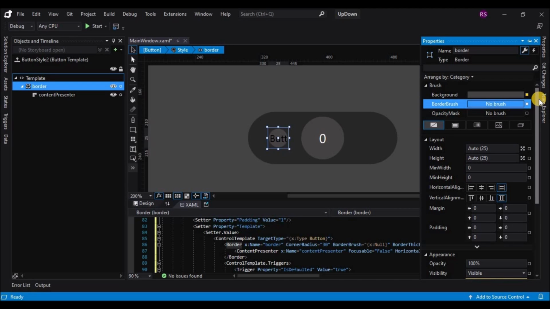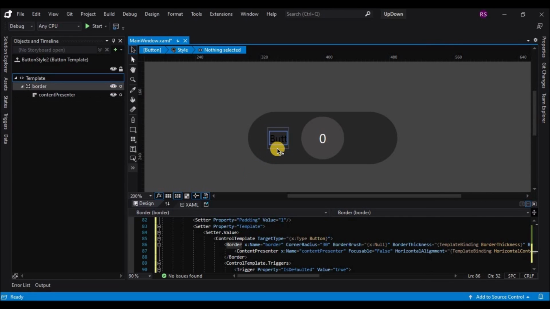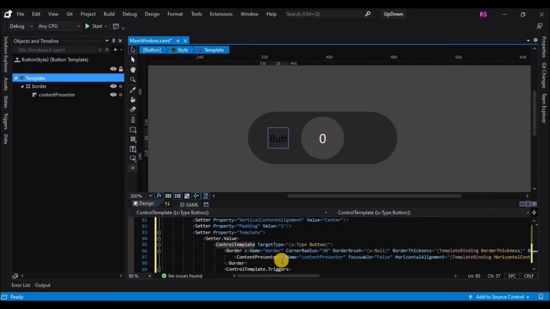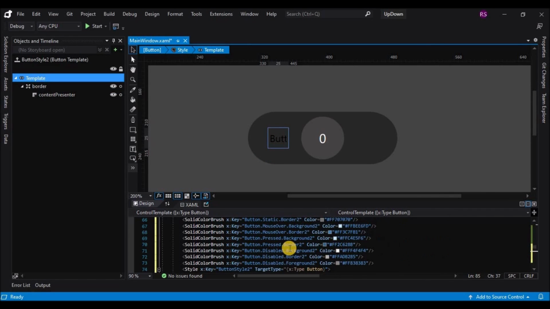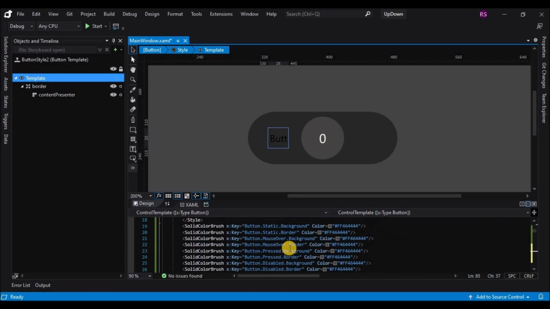Now here in this button we need the highlighted selection for this. So let's first change the color of this to the same color as the rectangle. After that we'll have to go to the XAML, and like we did in the center button, we'll have to change the solid color brush for this button.